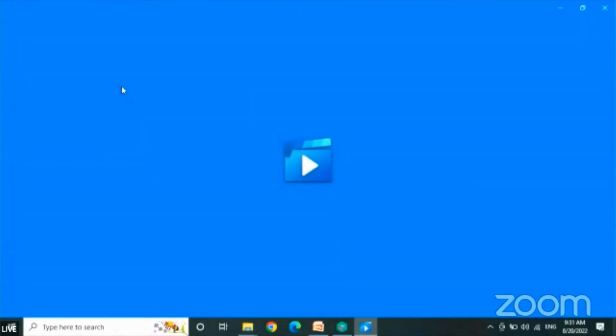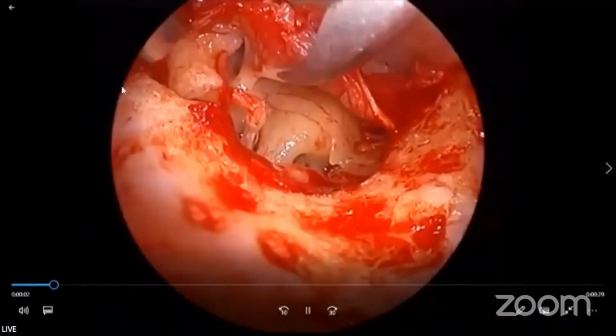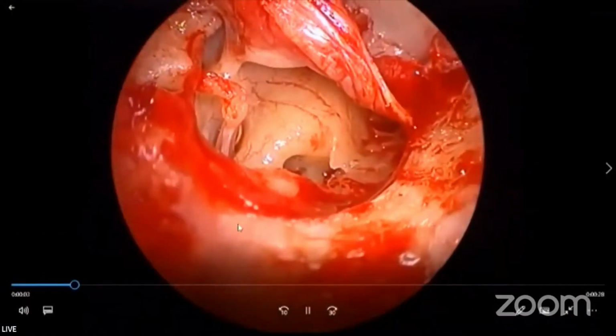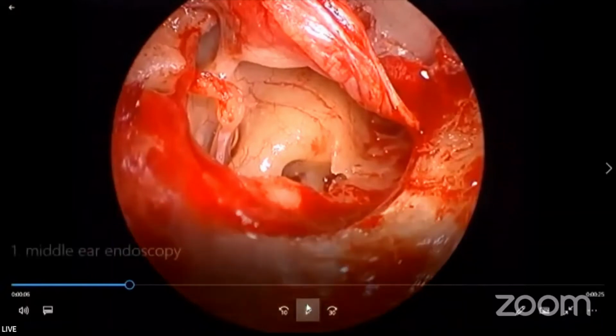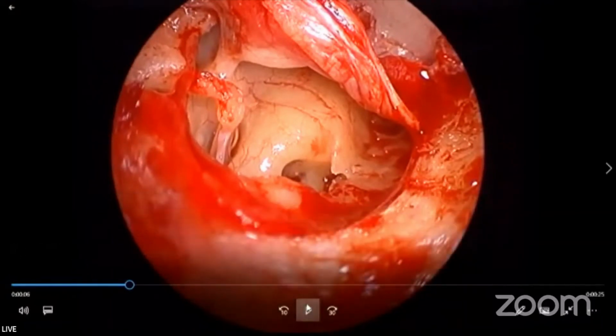Operative video, that is when we are doing the tympanoplasty. I just pause in between whenever I do so. What you can see over here is a full-on view of the middle ear space which has been opened up. We have given a transcanal incision. The tympanomeatal flap is opened anteriorly. So what you see, you can see the lenticular process of the